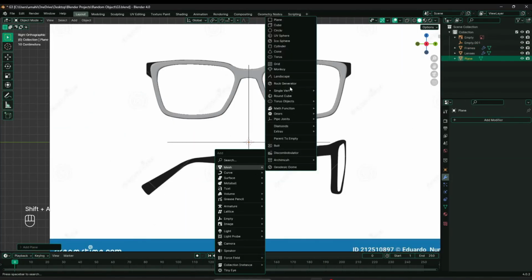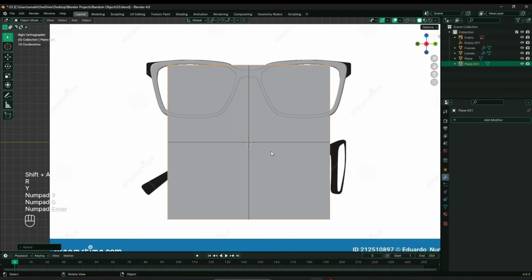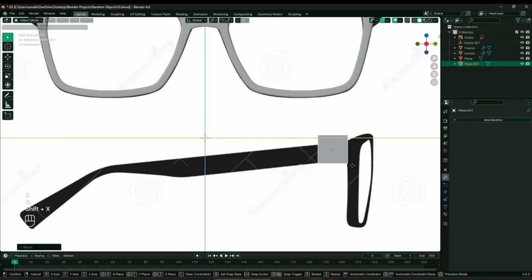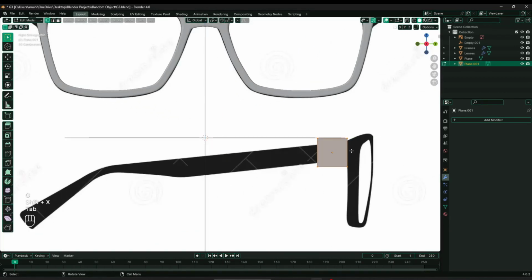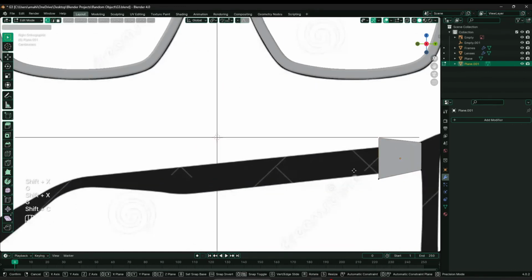Shift plus A, mesh, plane, R, Y, 90, S to scale it down, G, Shift plus X to position it to the starting position, press Tab, 1, then G, Shift plus X on each vertex, position the vertices to fit the symmetrical part of the shape,